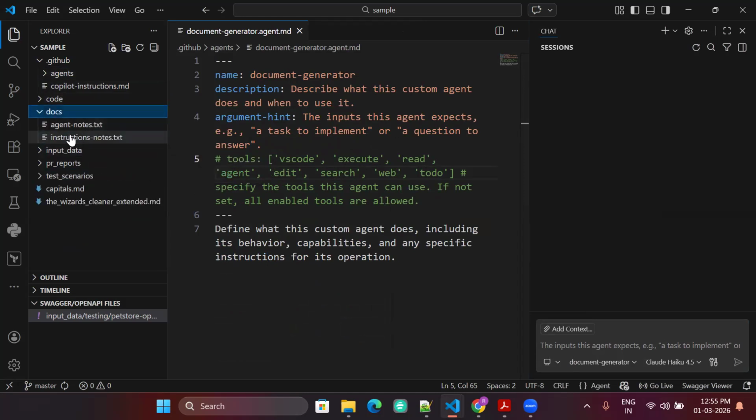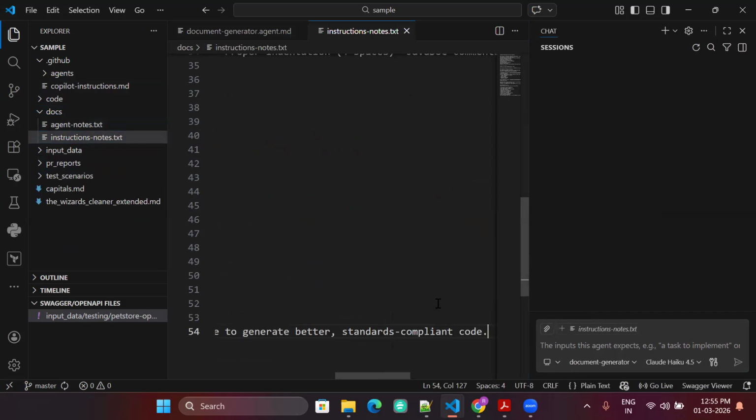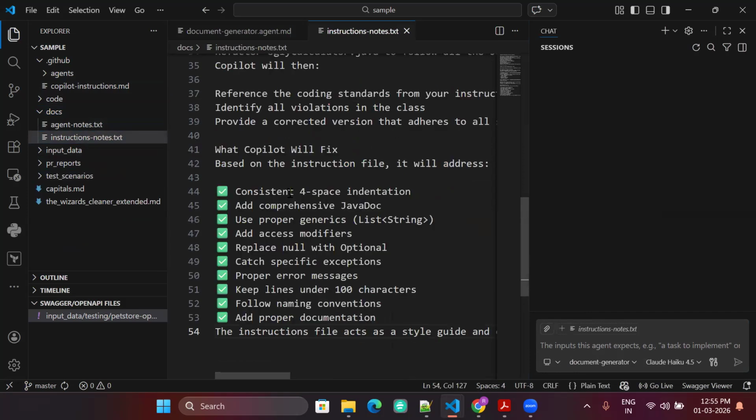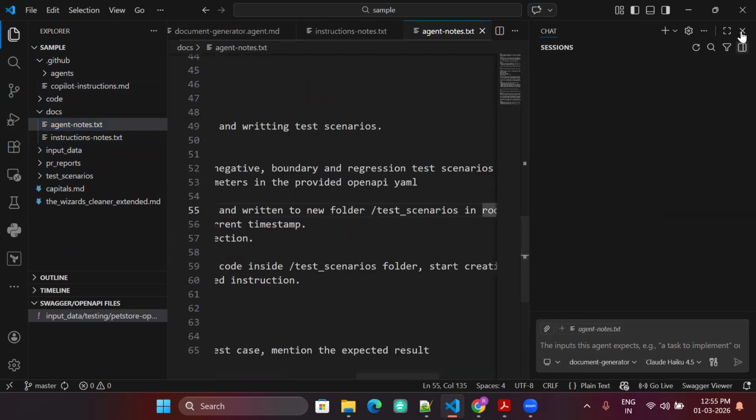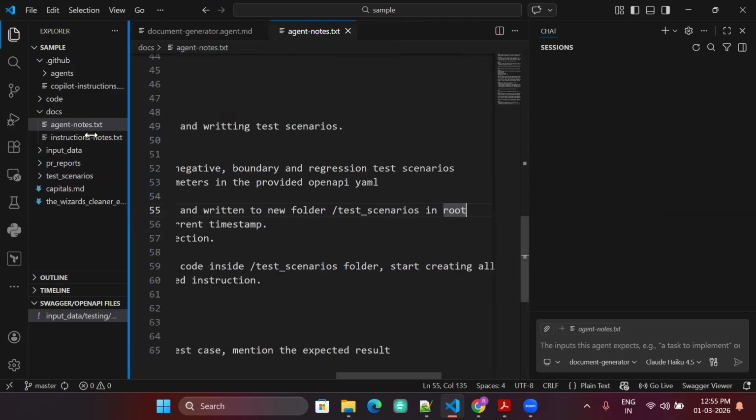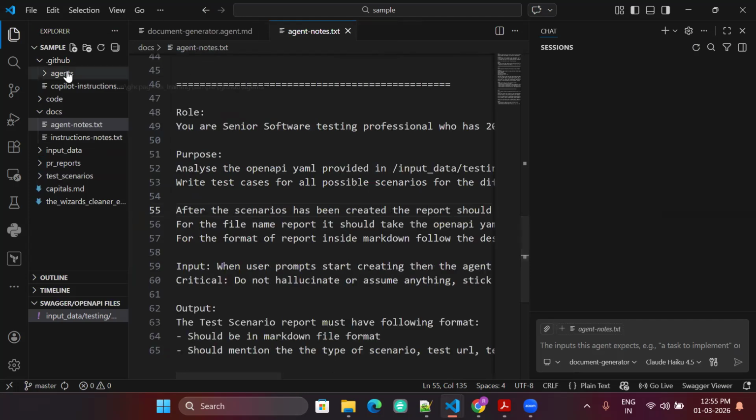I've kept it as an example. So for instructions, to create an instructions file, you can use this as an example. For creating agents, you can use this. So in the agents file, I've kept certain text to tell CoPilot to create our agent MD file.